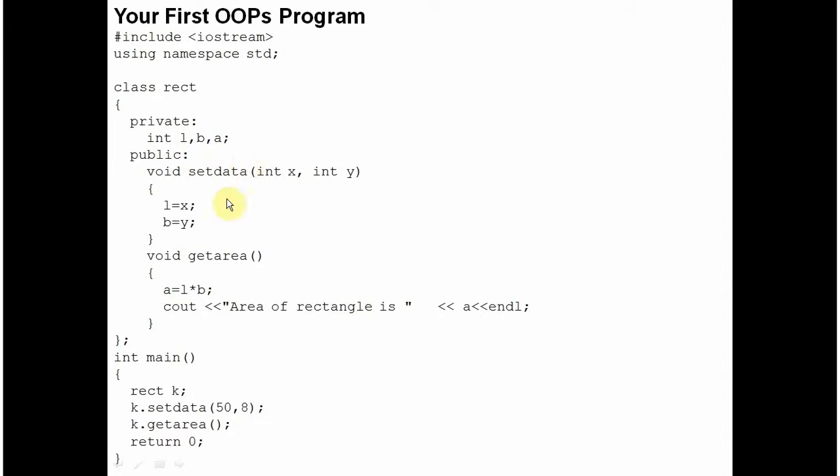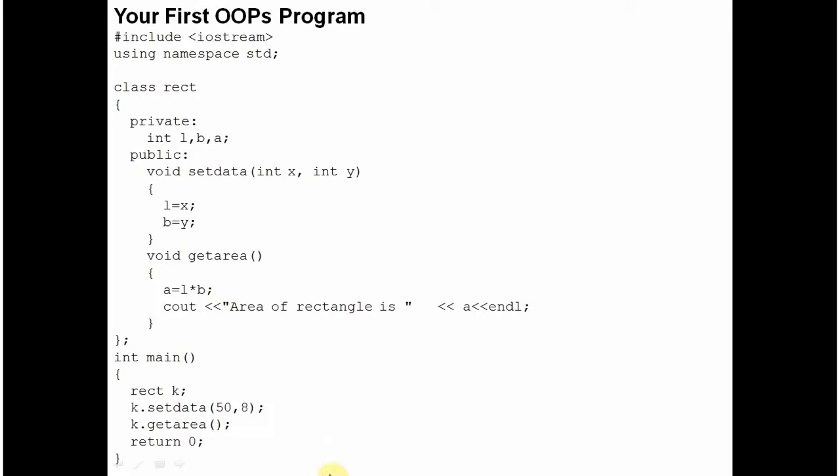It comprises two functions also. I am calling them methods now. When the functions are enclosed in a class, we call them methods. So there are two methods. When certain variables and certain methods, also known as members, are enclosed into a unit, we call it a class. So this is a class React. Exactly like in a structure.